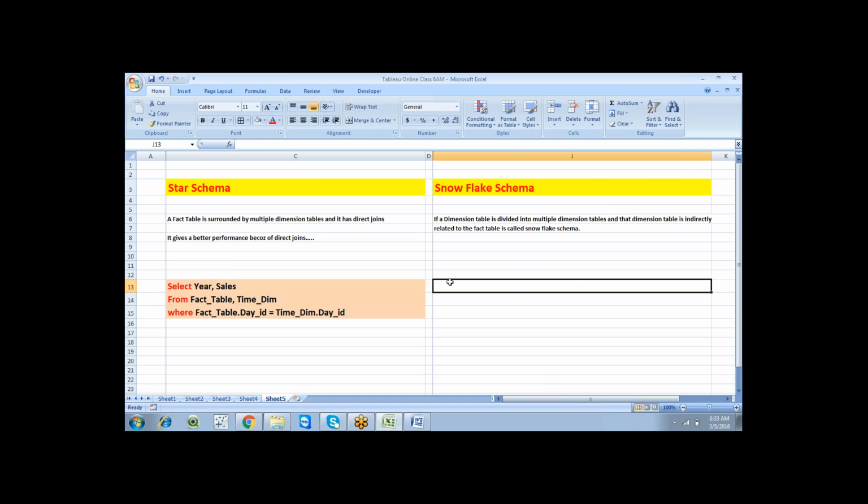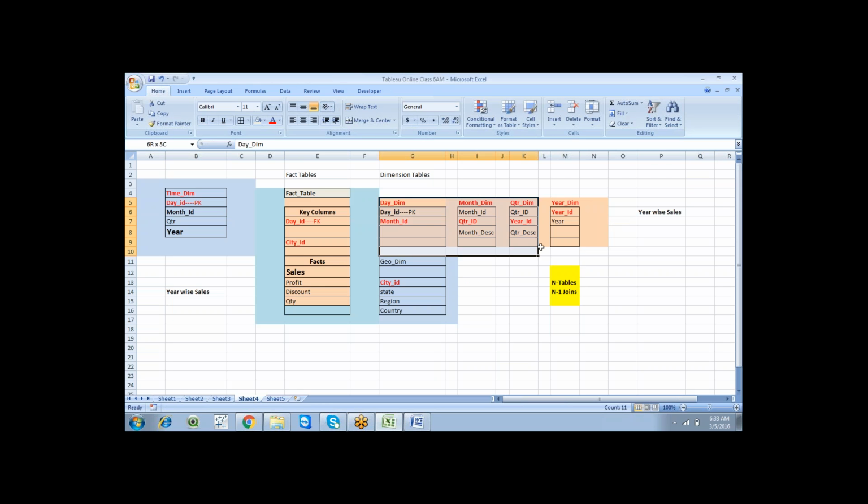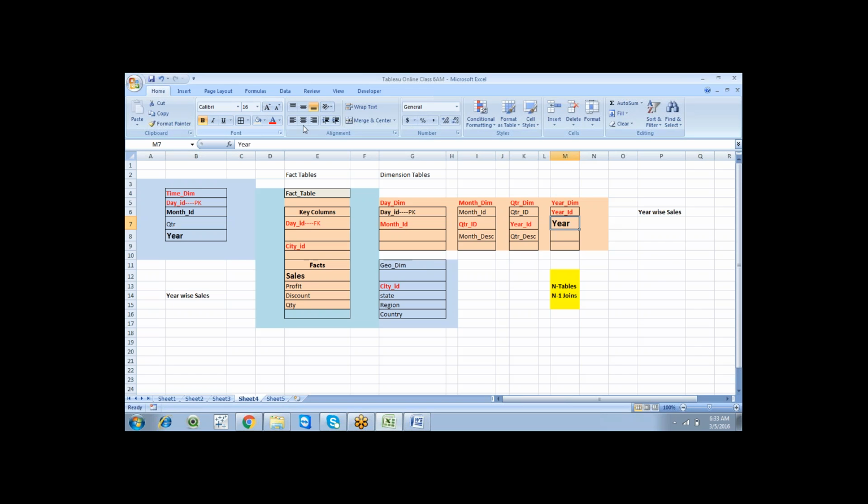The same select statement: select year comma sales from. So this is the snowflake schema. I'm going to create a year wise sales report from this particular schema.